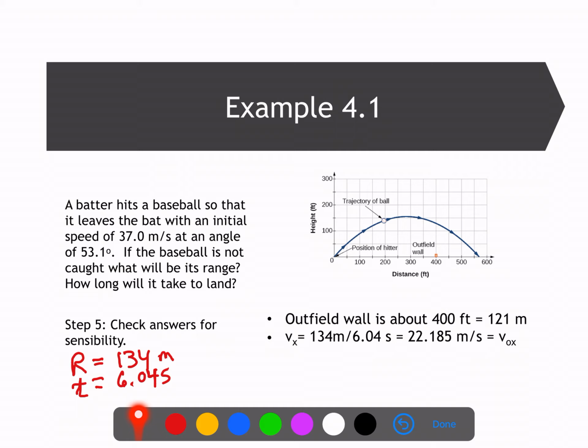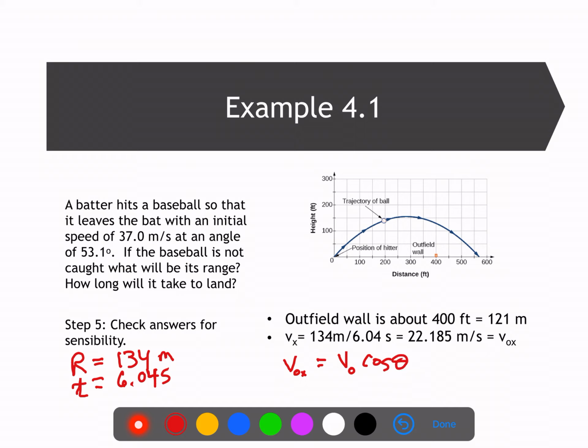It makes sense that it's something that a baseball player might be able to hit. The time might be hard to think about, how long it takes to get a ball out there into its full range, but another way you can think about it is if I plug this into the equation for velocity, say velocity in the x direction, for example, the velocity in the x direction would be equal to the overall velocity times